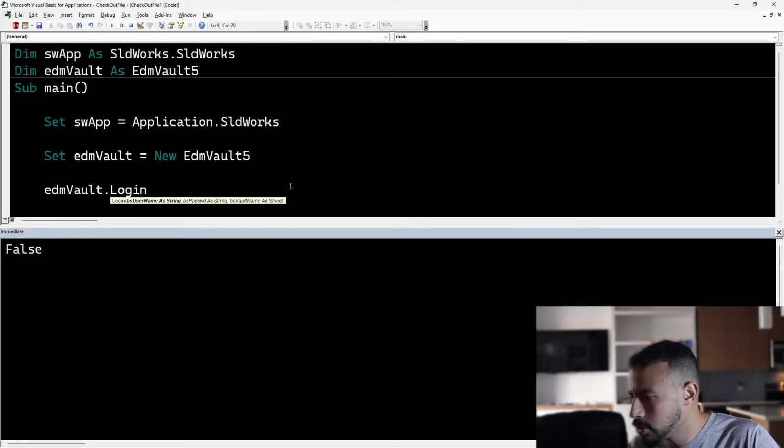One is your username, right? Second to that would be your password, and then third, the vault name. I mean, I could type in my username, my password. You really sometimes don't want to do that